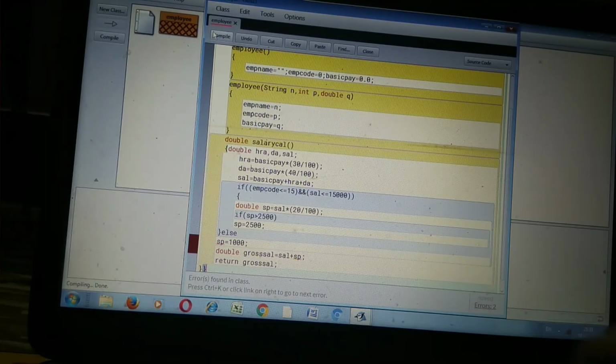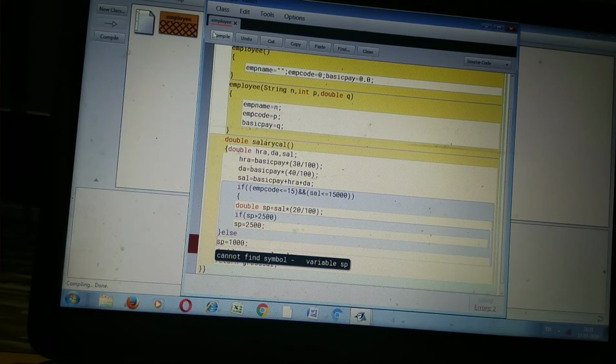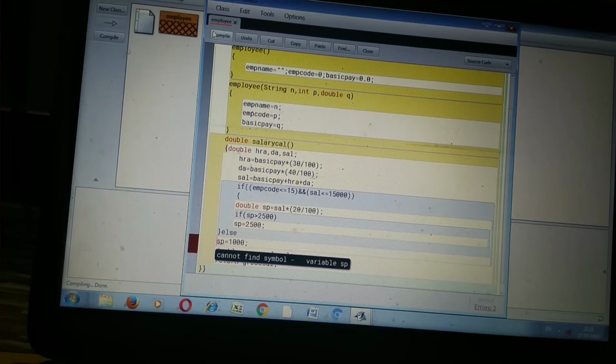Here is an error. Press Ctrl+K to find the error. Cannot find SP variable.